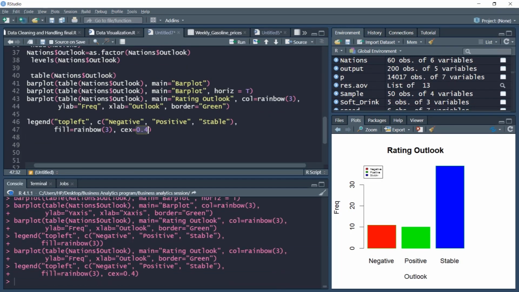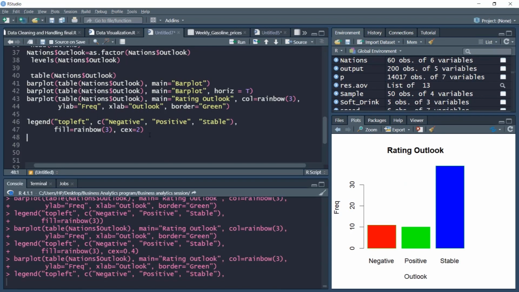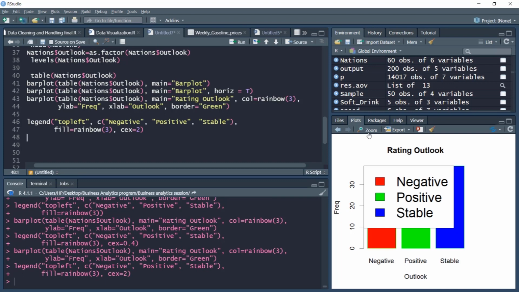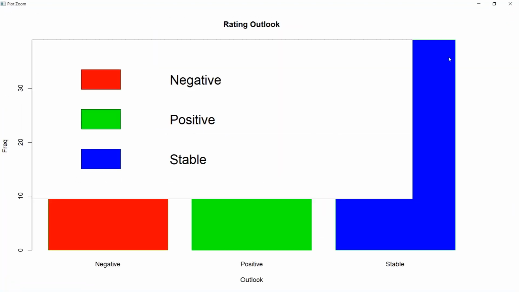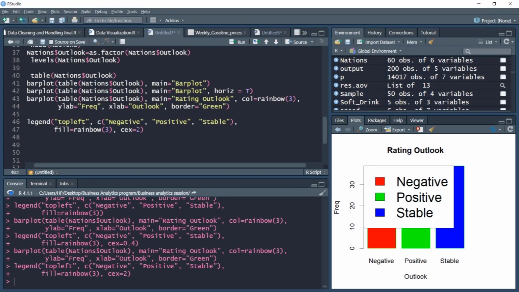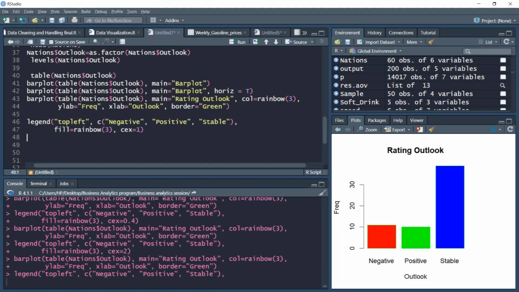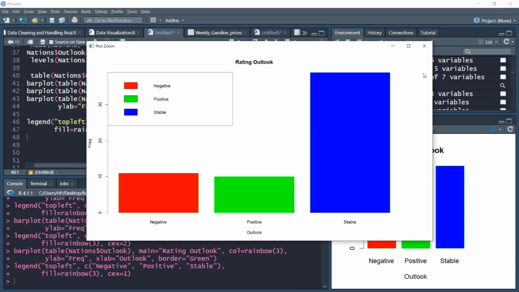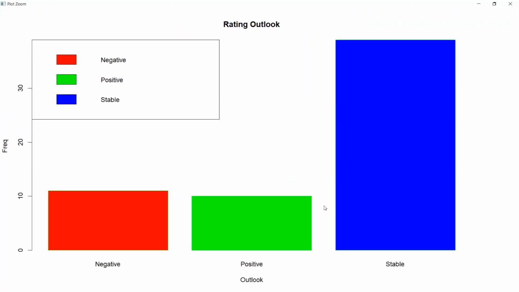If you want to make it large, maybe you can make it too large with cex equal to 2, and it seems to be too large actually. Although when I zoom it, it seems okay, but it's too large. So we'll make cex equal to 1. Probably that would be more appropriate here. And yes, it seems to be. So here a very nice and aesthetic looking chart is appearing, which we can copy paste and use in different